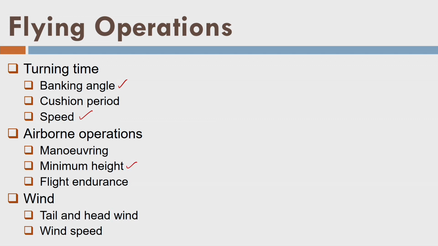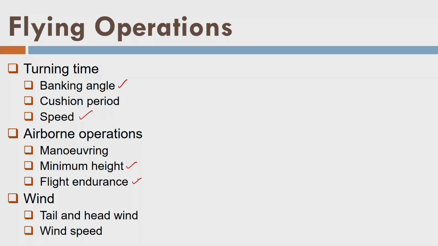The Director General of Civil Aviation specifies the minimum height, and that minimum height in India is 300 meters as per the DGCA governance. So a pilot has to maintain that minimum height. That means for higher data density, if I have a lower flying height, I can acquire very high data density or high quality of data, but we can still not come below 300 meters. So these things have to be taken care of when we perform the airborne data operation.